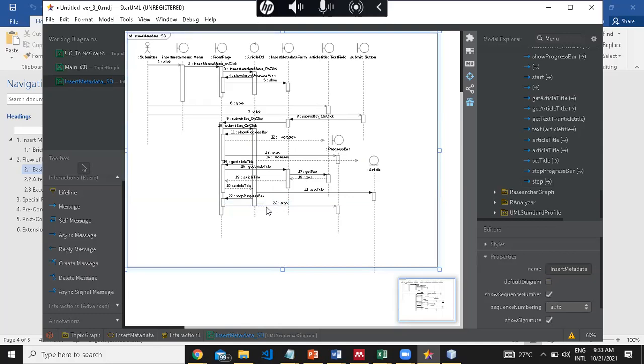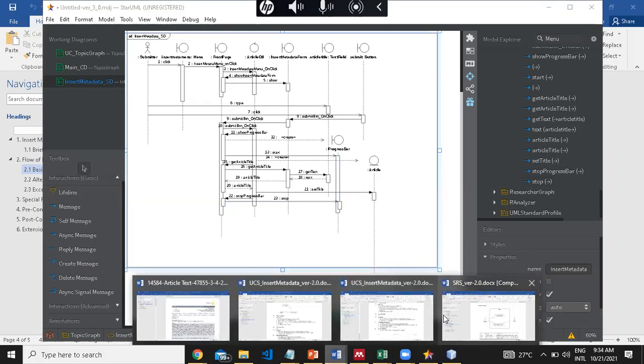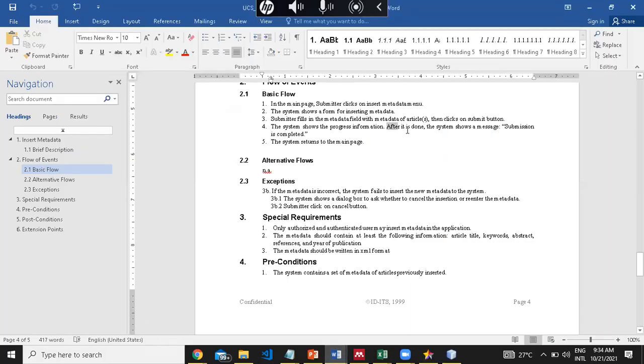Ask the progress bar to stop using asynchronous message. And I add here longer. It's the time when the progress bar starts and then it stops. And then after the progress bar stops, the next one is after it is done, the system shows a message, submission is completed. So it has a message